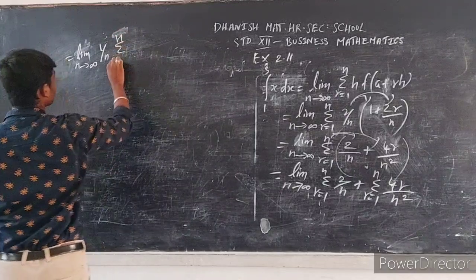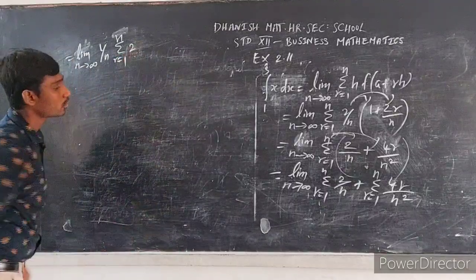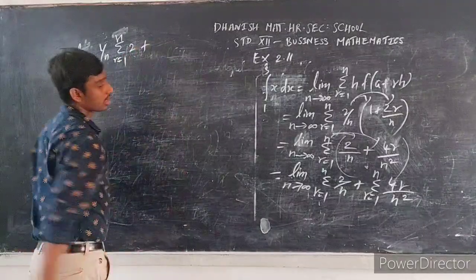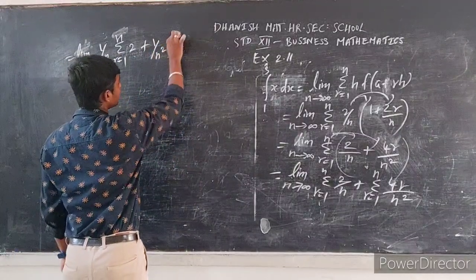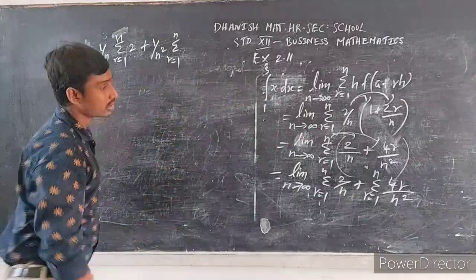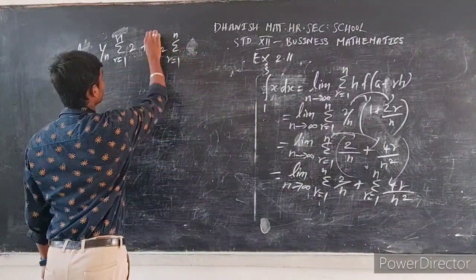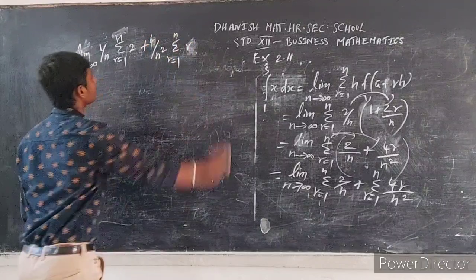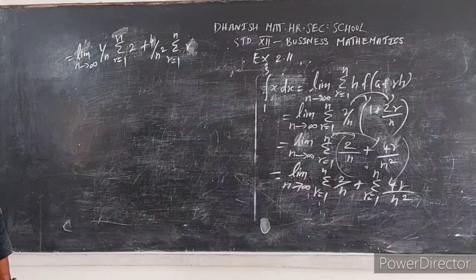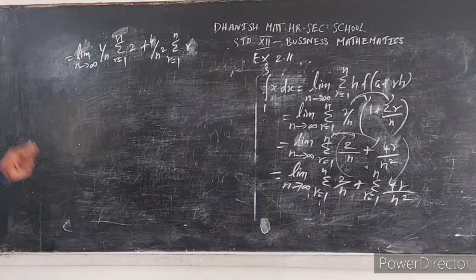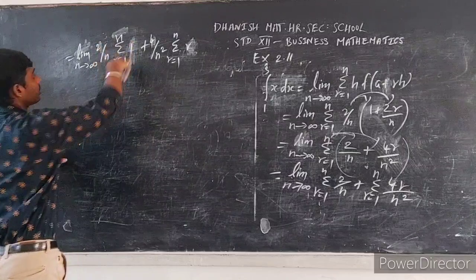r equal to 1 to n. Then here, what is the remaining value? That will be 2 plus. Here I am taking 1 by n square, 1 by n square summation r equal to 1 to n. What is the remaining value here? That will be 4r. So here we are having one constant value. This 2 also you have to take outside. What is the value of the 1?